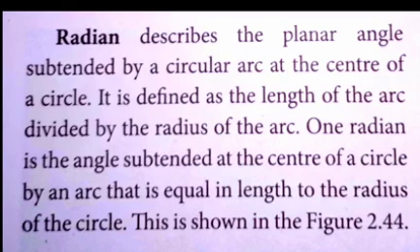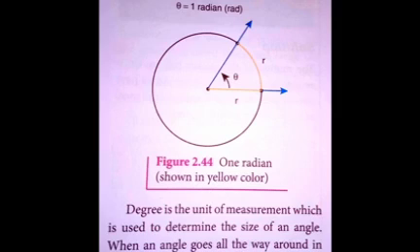Now you see this diagram, you may understand what a radian is. Students, see the diagram. The object covers a circular motion. The distance on the outer side of the circle represents the arc, the distance covered by the object from one point to another point. It also makes an angle, that is theta. Then the radius of the circle is r.